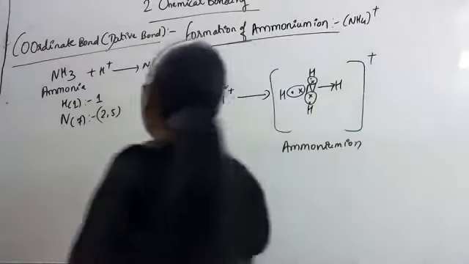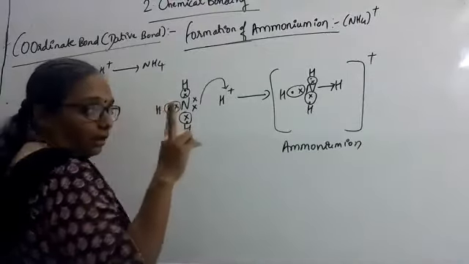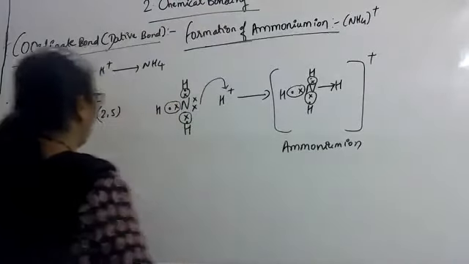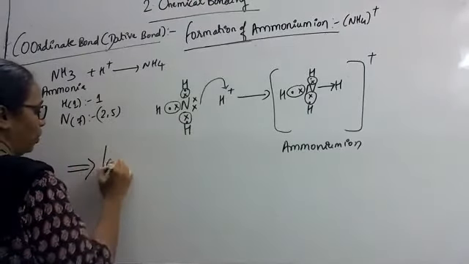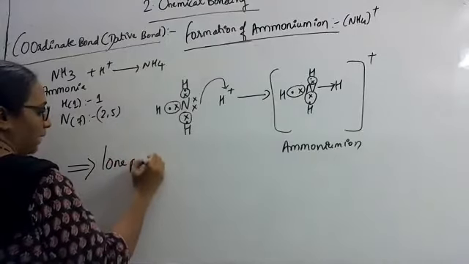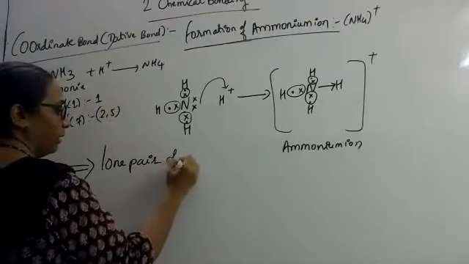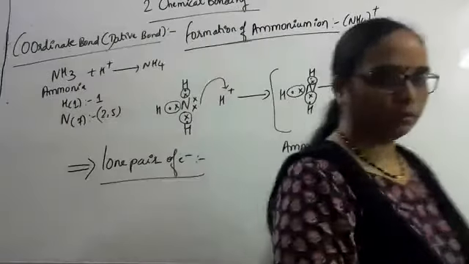Okay, here you can see there is no lone pair of electrons. In the case of hydronium, there were two electrons of the oxygen atom that were not attached with any other atom. So the next definition you will write is for lone pair of electrons.